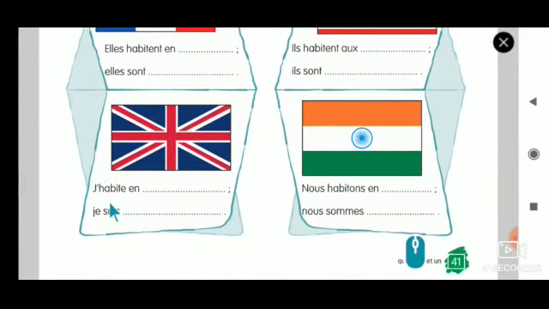Je. So je means it might be either masculine or feminine. So you can use any one of those. So since you are a boy, you can use masculine. Okay. J'habite en Angleterre. First you have to write the country's name, Angleterre. J'habite en Angleterre. So whenever it is a vowel, en will come, or for a feminine country, en will come. Okay. Je suis anglais. Like français, it is anglais.